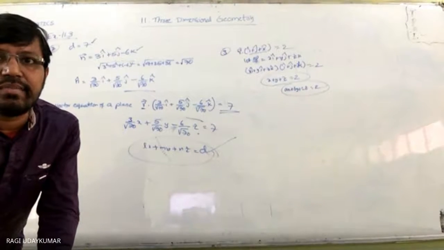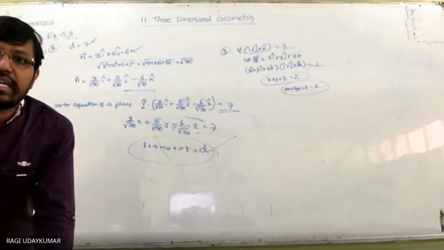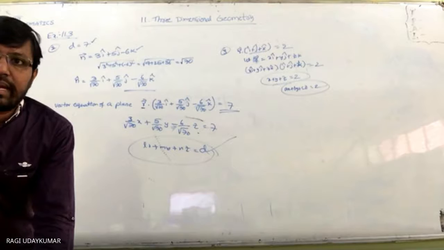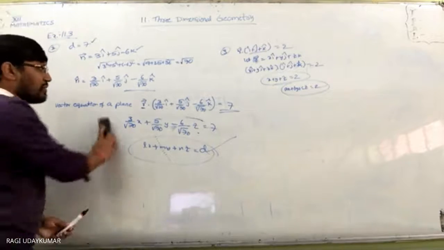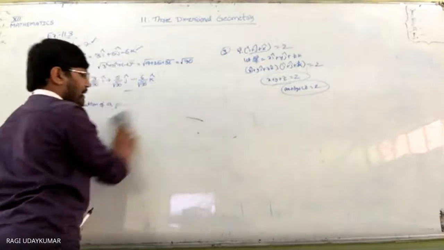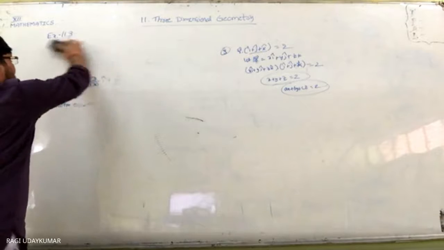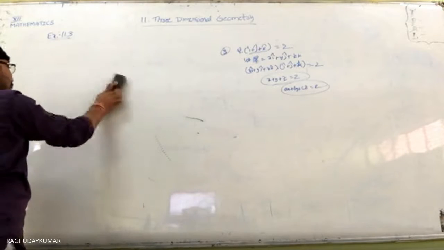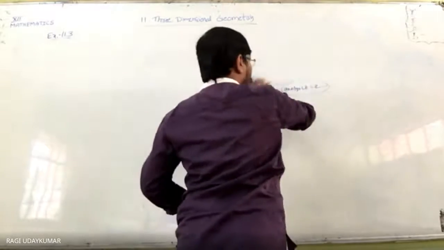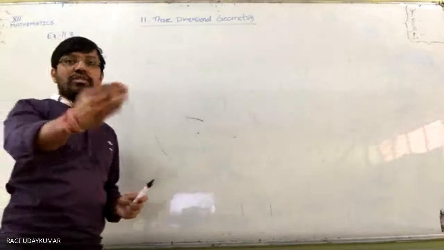This is in the same way. In this question, whatever is given to you, you can do it. Fourth question is given to you. Find the coordinates of the foot of the perpendicular. So foot of the perpendicular का formula क्या है? Foot of the perpendicular is nothing but lD, mD, nD. So l and m are direction cosines of the vector which is normal to the plane.